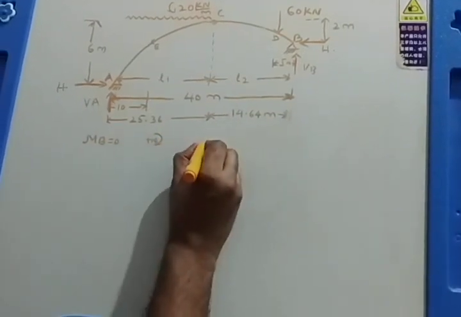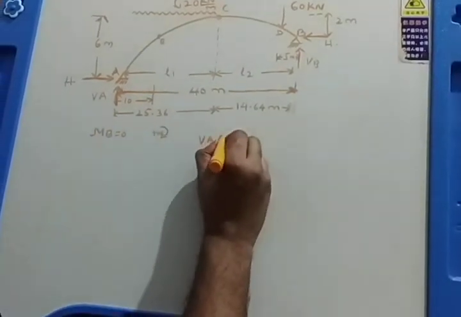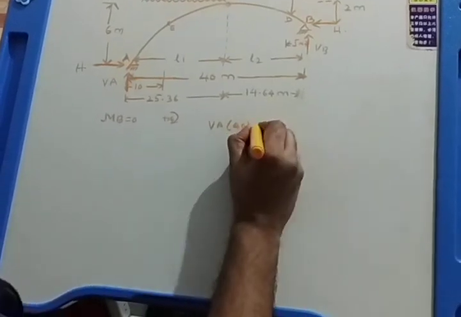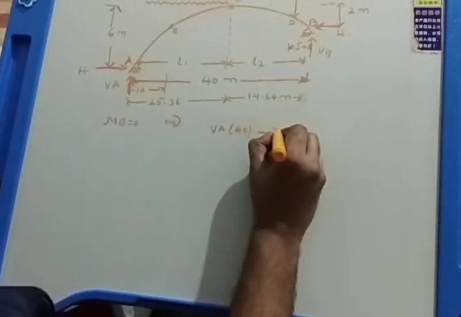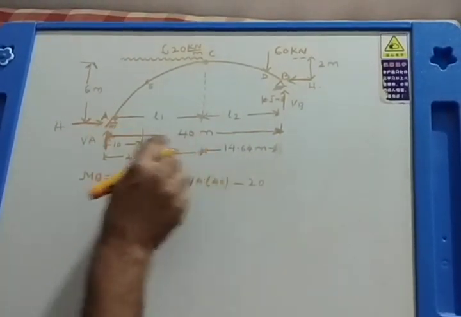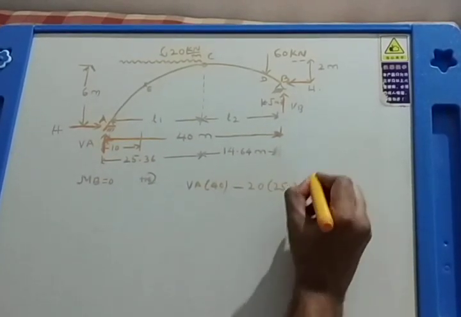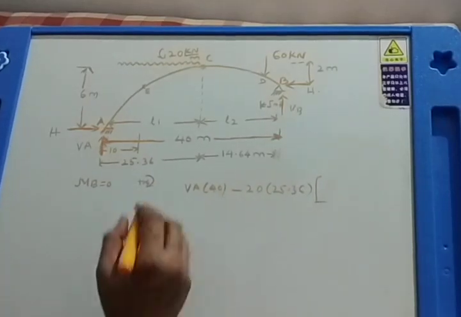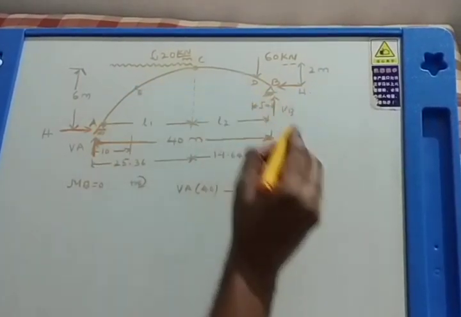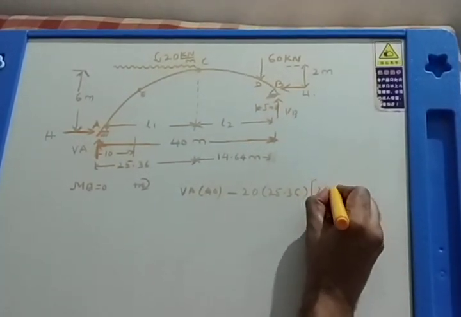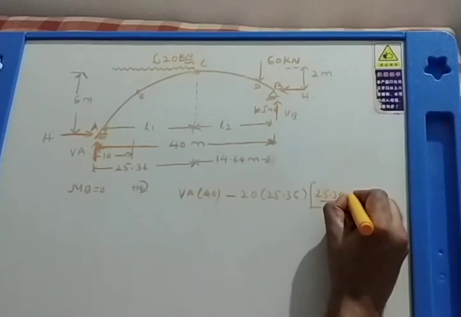First is VA into 40 clockwise, minus moment due to UDL, 20 into the length of the UDL, that is 25.36, into the distance of the point of concentration of UDL from B, that is 25.36 by 2 plus L2,